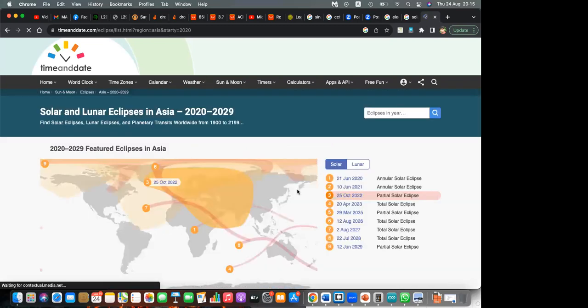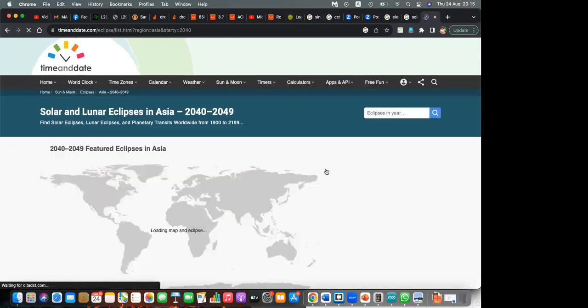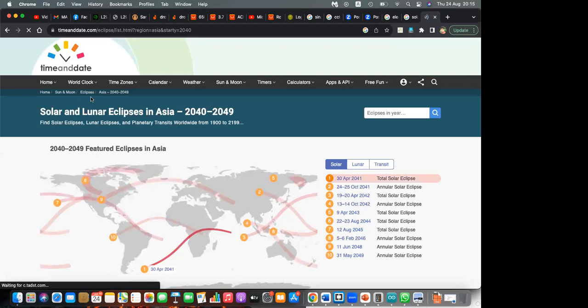Basically, you can see some. No, this one. This is all right. We have already experienced the 2022 partial solar eclipse. 2023, no, it's not much visible. Nothing closer to this. But let's see 2024, 2042. You can use timeanddate.com, right? That is the website. And you can see something here, it's a little closer, but in 2042